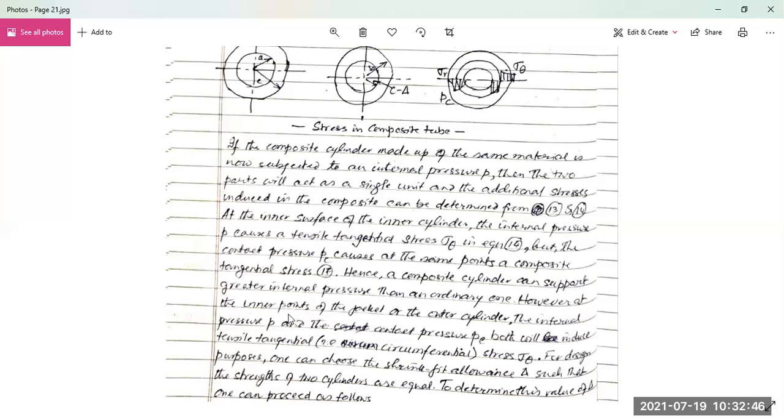However, at the inner parts of the jacket or the outer cylinder, the internal pressure P and the contact pressure PC both will induce tensile tangential stress sigma theta. For design purposes, one can choose the shrink fit allowance delta such that the strengths of the two cylinders are equal. To determine the value of delta, one can proceed